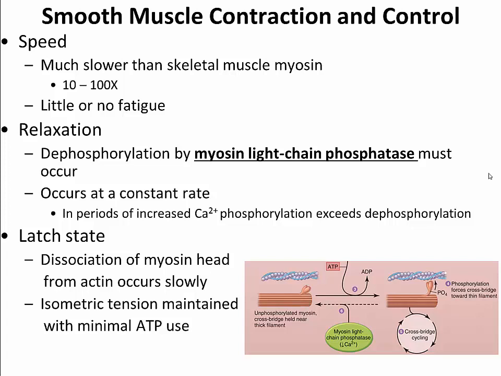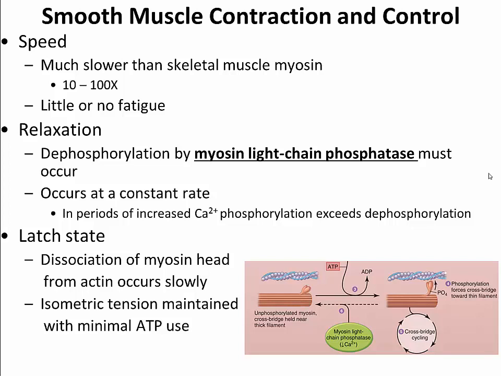The form of myosin that we have here operates at a speed that's 10 to 100 times slower than what we observed in the fastest myosin proteins that are found in skeletal muscle, the type 3 fibers. We also notice that we have little or no fatigue here. This contraction is occurring at such a slow rate that fatigue tends to not be an issue in the case